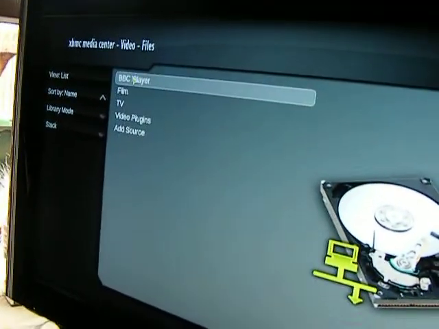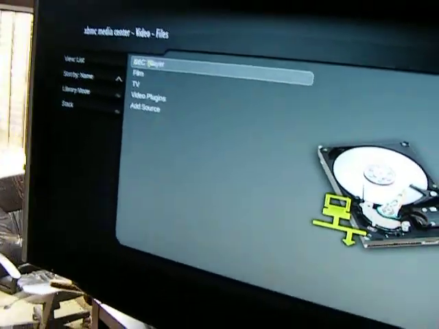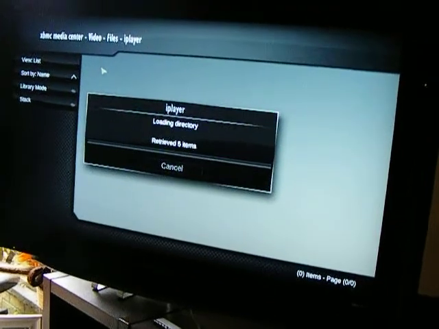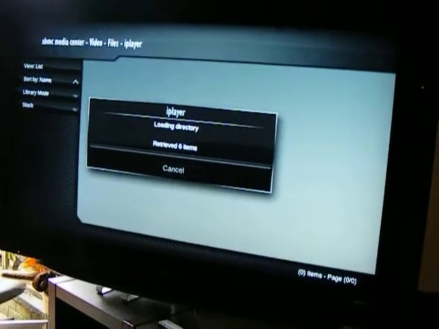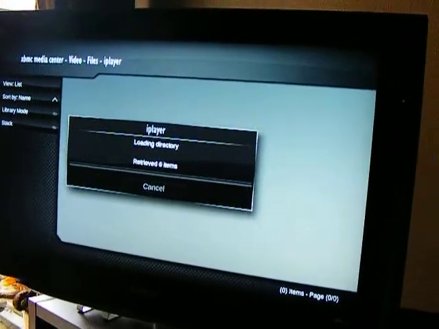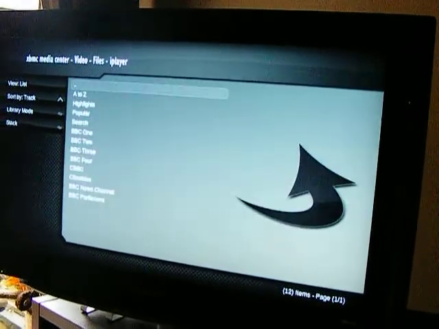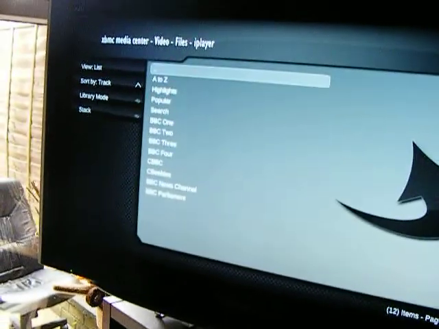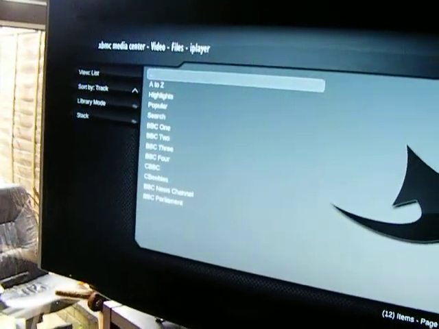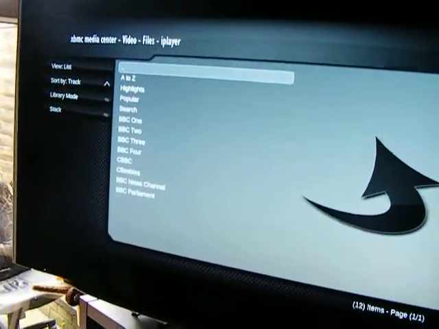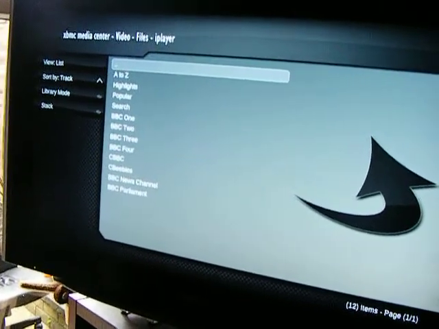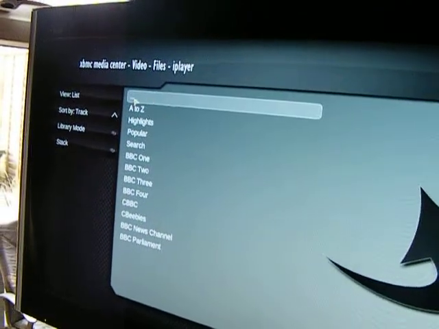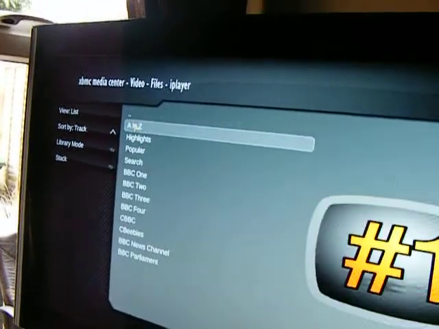So now if we go into there, there's a pause while it grabs the information. And so you can go on and deeper, and basically it's the same information that's available from the BBC iPlayer website. You can go into any of your channels or search all of the stuff from A to Z and start playing. So if we go back,